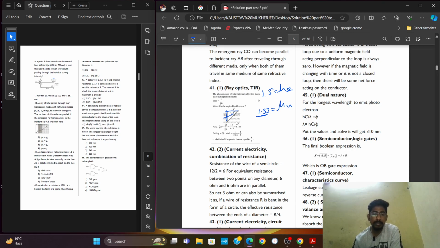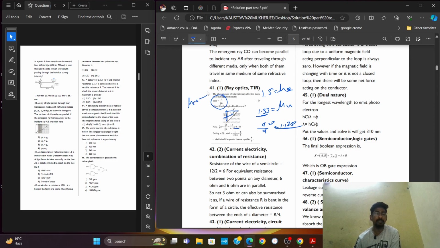Therefore, whenever the light passes from glass to water, the refractive index will be 1.5 divided by 1.33, that means 4.5 divided by 4, which equals 1.125. Yes, it is correct. If you put the value in this, that we all know